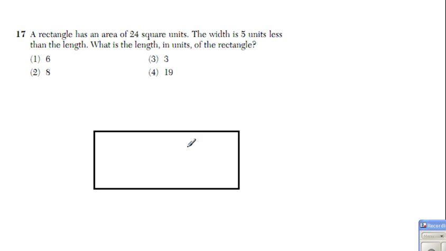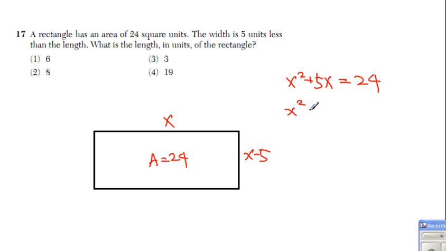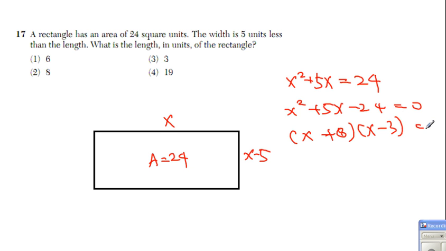Here, a rectangle has an area of 24 square units. So area is already equal to 24. And the width is 5 units less. So this can be x minus 5, while this one becomes x. Now, what are we going to do? By trying to get the area, we have x squared plus 5x equals 24. By bringing this over, we have x squared plus 5x minus 24 equals 0, where we now have x plus 8 and x minus 3, which makes x equal to negative 8